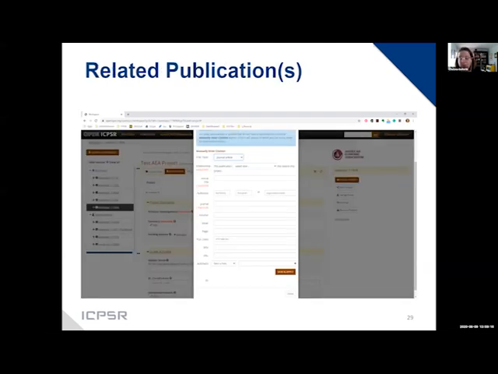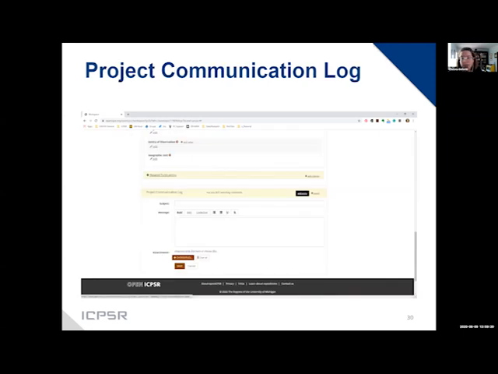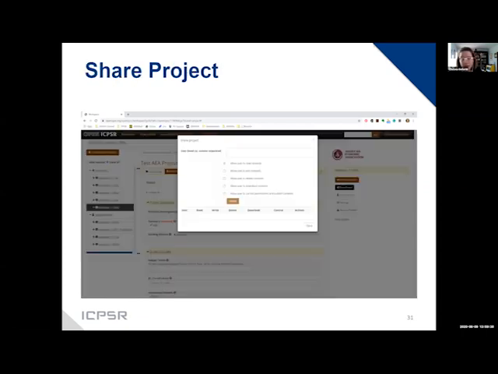In addition, depositors and/or administrators can add related publications in order to link the data collection back to the published article. And depositors and administrators can also use the project communication log on the next slide, thanks, at the bottom of the workspace for back and forth communication about the data collection to further facilitate the workflow that Lars outlined.